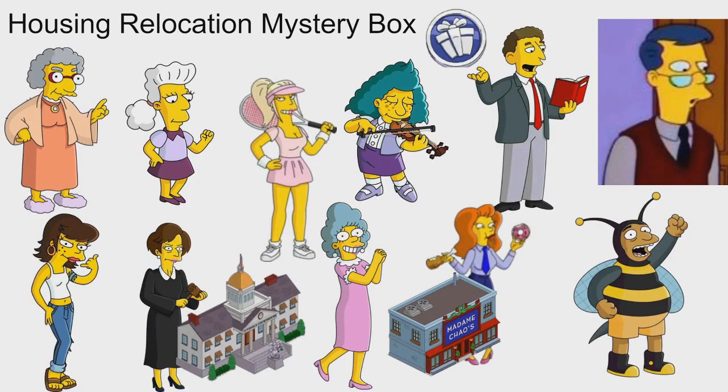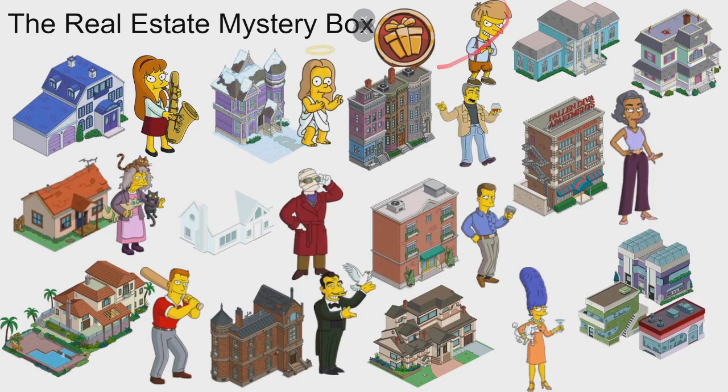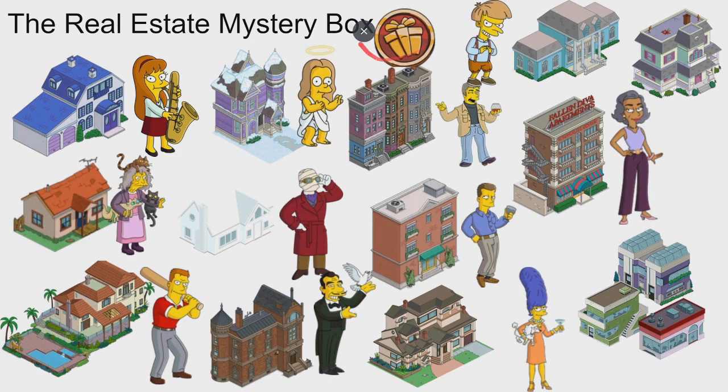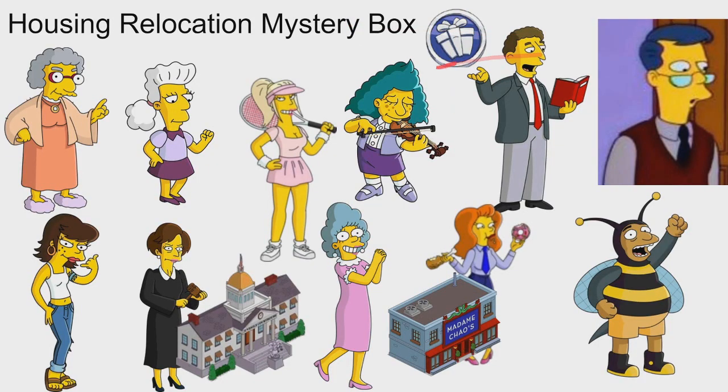Moving on. There will also be a second mystery box. I know that this is just the regular one and this is the winter one, but I've used this one to indicate it's the real estate mystery box, and this one to indicate the housing relocation mystery box. So these will be the characters you will have in here. It's mostly just characters, but there's 2 building character combos. So you have Grandma Van Houten, Brittany Brockman, Stephanie Brockman, Sophie Krustoskovsky, Mr. Bergstrom, Shauna, Judge Harm with the Juvenile Courthouse, Martha Prince, Mindy with Madame Chow's, Bumblebee Man, and the new character